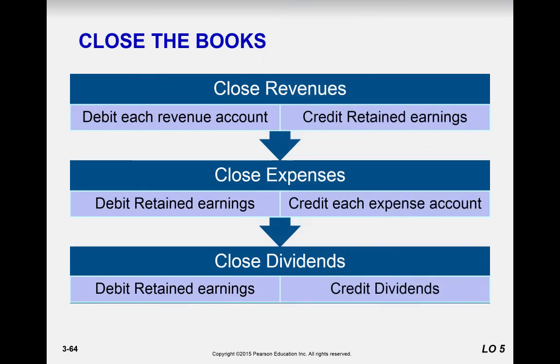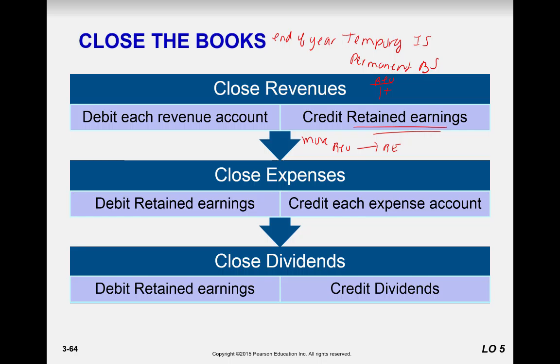So when you close the books, usually this is done at the end of the year, not the month, because you're closing your temporary accounts, which are your income statement accounts, into your permanent accounts, which is your balance sheet. So you do exactly the opposite. For example, in revenues, as you recall from our T account, it has a natural credit balance. So you're going to debit every revenue account and then credit retained earnings to move those accounts from revenue to retained earnings in the same